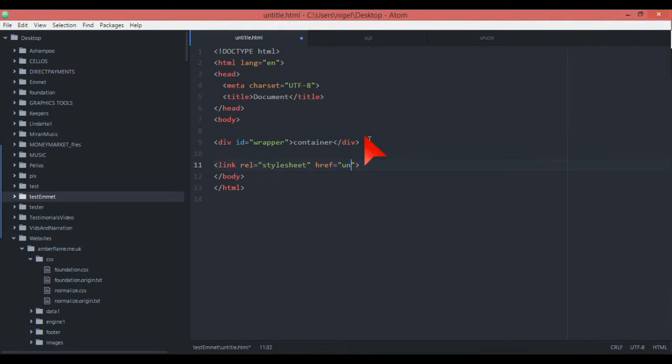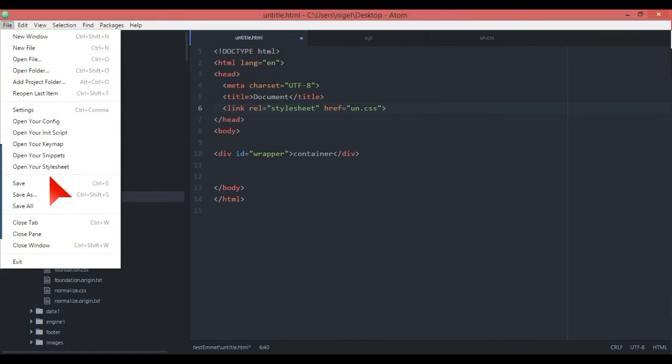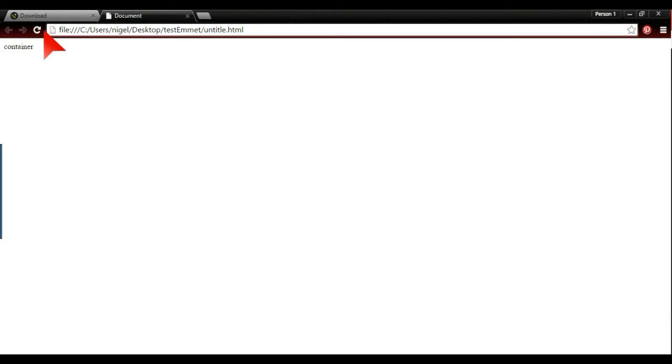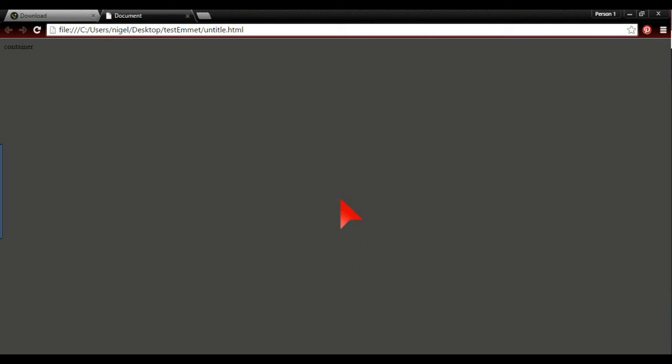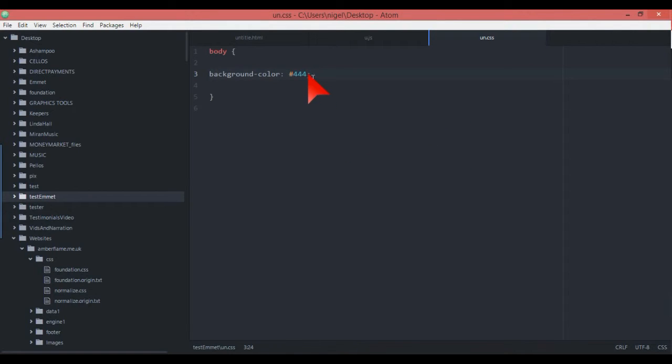And we just put this in here, un.css. I just cut that, put this there in the head, paste, and there you go. See, that's the color of 444. If we wanted to do something a little bit better than that, what we do is